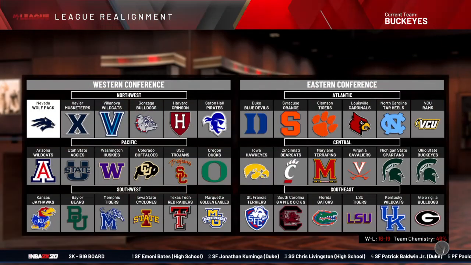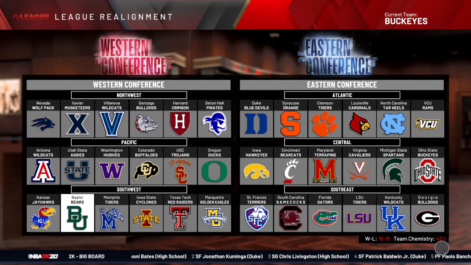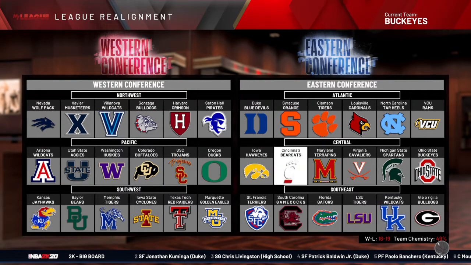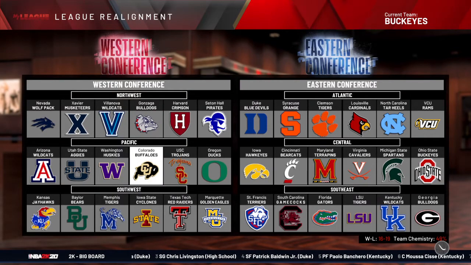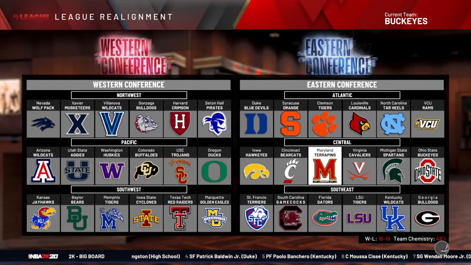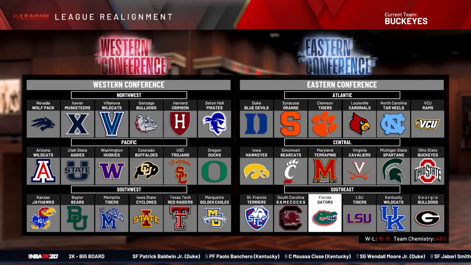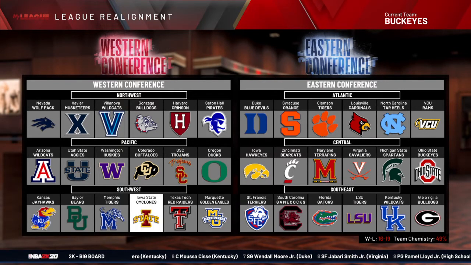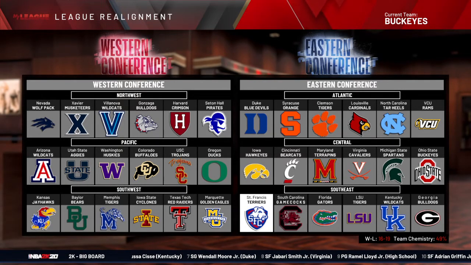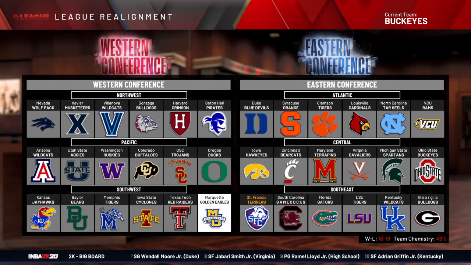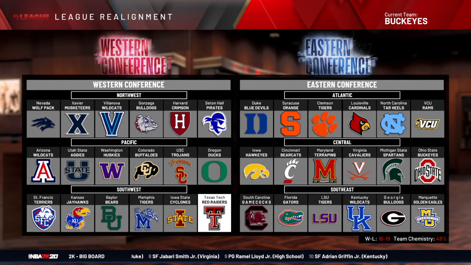Now, league realignment. We don't really need to do league realignment unless I want to change the Big Ten up, because that's really the only division I care about, since that's the division we play in. Let's see. They don't really go here. St. Francis needs to go... Oops, what did I just do?